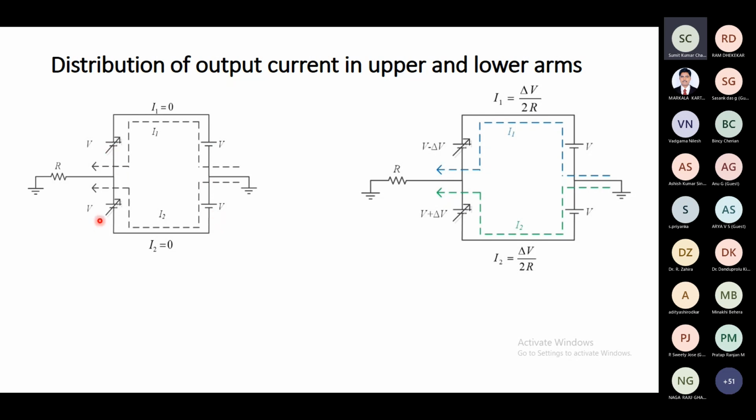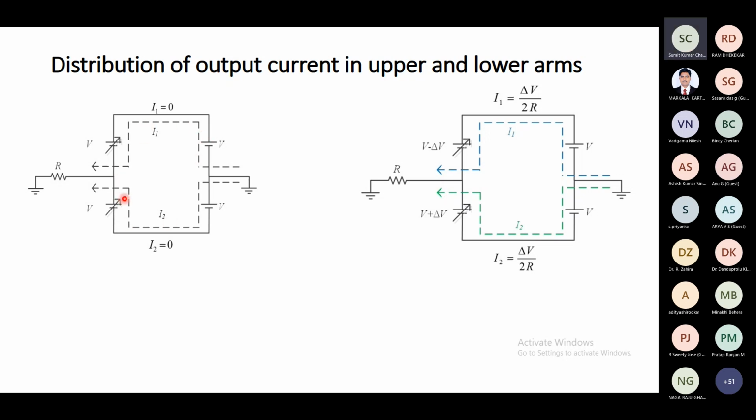And these 2 are variable, which can vary their voltage from 0 to 2V. So presently say these are at a voltage V. In such a situation, if we apply Kirchhoff's voltage law in this loop, we can see that here 2V is the voltage and this side also 2V is the voltage. There will be no current. As I said, this is a variable voltage source. So there will be no current